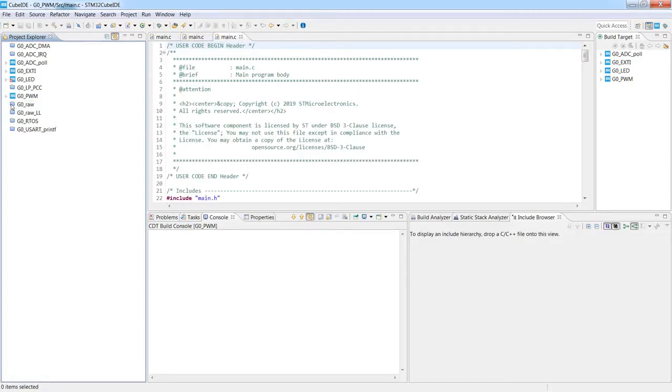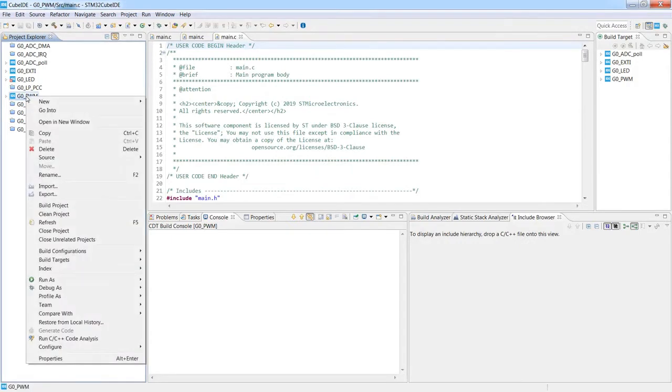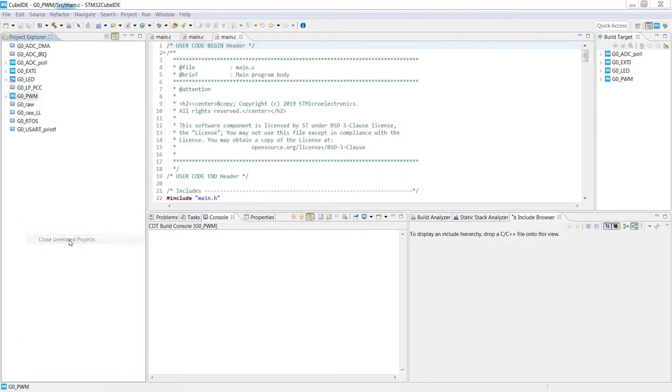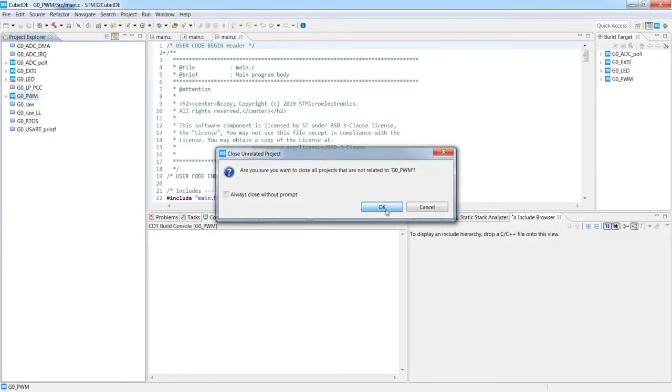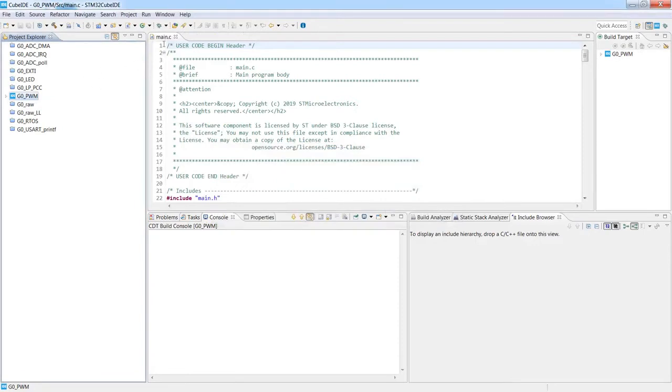Let's assume the situation that we would like to continue development on G0_PWM project. What I can do, I can just click right button on mouse and select Close Unrelated Projects. Please have a look what will be done. All the other projects have been closed, and all the files related to those projects are closed as well. Only the main.c file from G0_PWM is opened and can be edited.